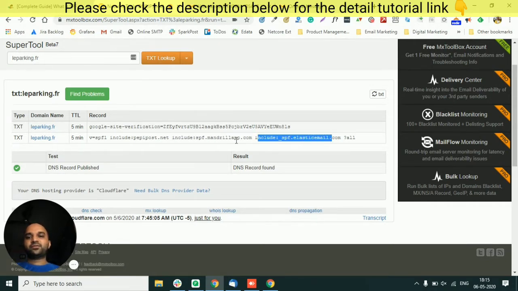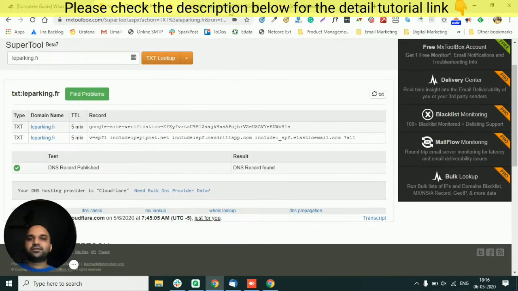So this means any emails coming from Peppy Post, Mandrill, or Elastic Email will be treated as SPF pass, and any emails coming from networks or IP addresses not owned by these three providers will be treated as SPF fail. And the emails where SPF fails, whether it's a soft fail or a hard fail, will mostly be treated as spam. So that's how SPF works.